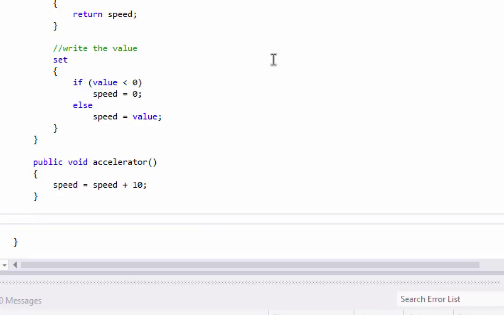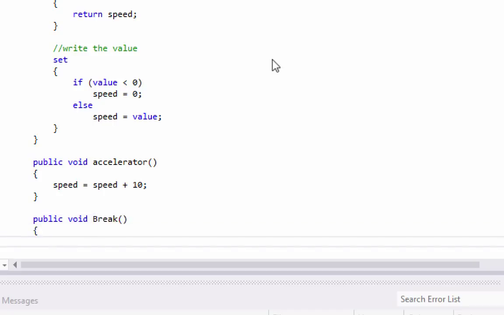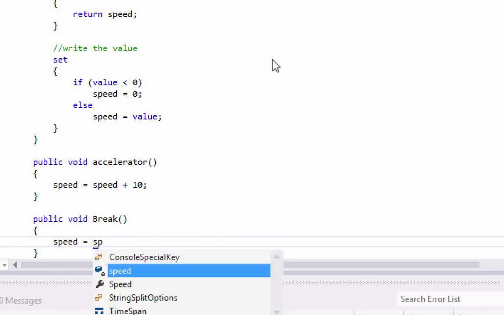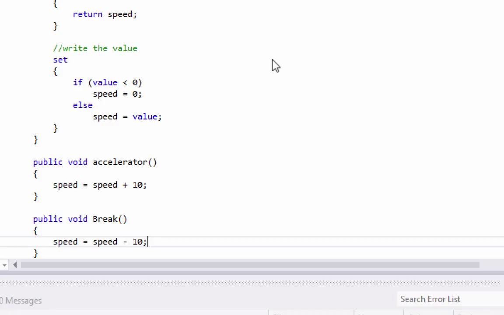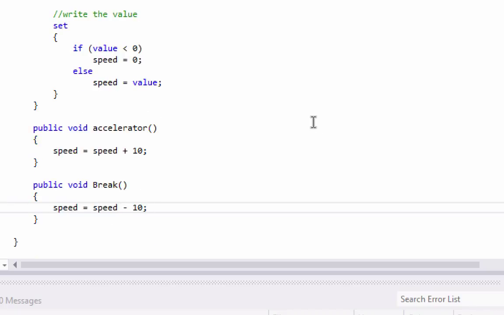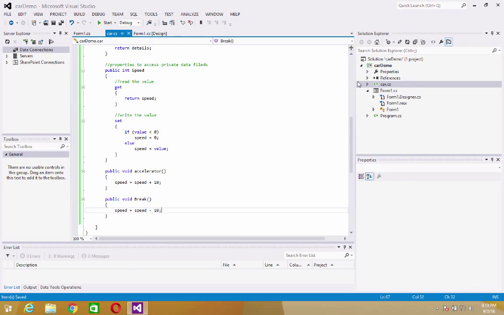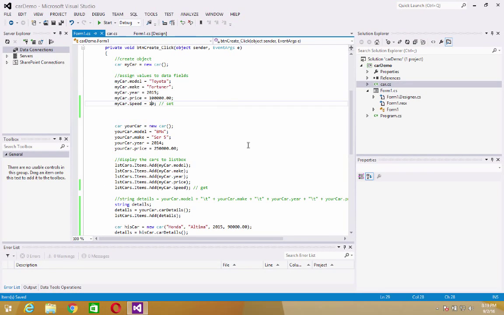And I'm going to have another method which is brake. It's also a public method. It's not going to return any value. Since brake is a keyword, I'm going to change the B to capital, and we are going to reduce the speed by 10. So if I call the accelerator, the speed is increased by 10, and when I call the brake, the speed is decreased by 10. Let us save the file and go back to our form,